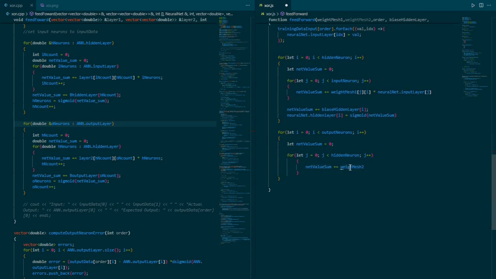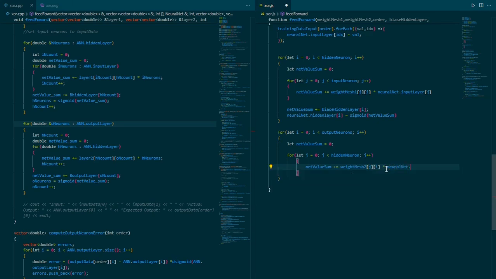So weight mesh 2, and the same way, this is what we repeated: for each input we have an output, right? We have all the outputs mapped to one input, and for each of the inputs. So our first accessor is going to be the input, which is the hidden layer. So it's going to be index j, index I, just the same way we did here, and then multiply this by